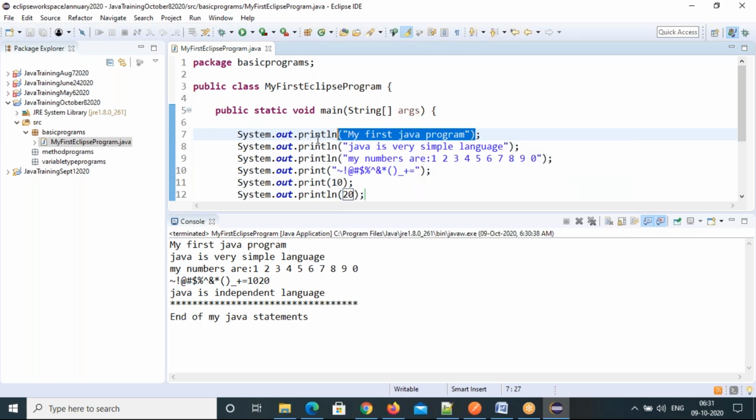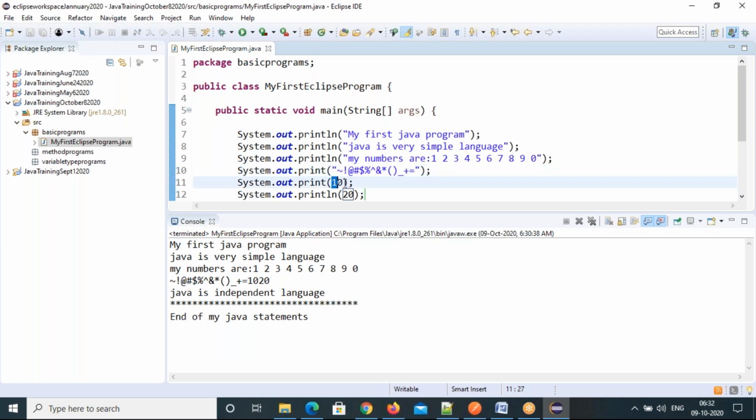Here also, for every execution, the main method will be called and it executes this code. That's the main method behavior. You see it is followed by parentheses, and inside the parentheses you have arguments. These are also arguments you are passing to the println method, and even to the print method, but in different formats. Arguments are nothing but the data you are giving to that method.